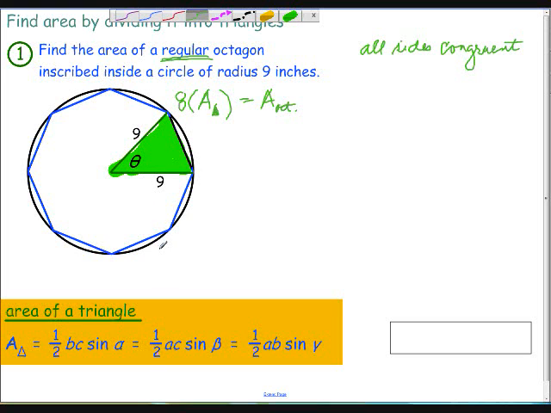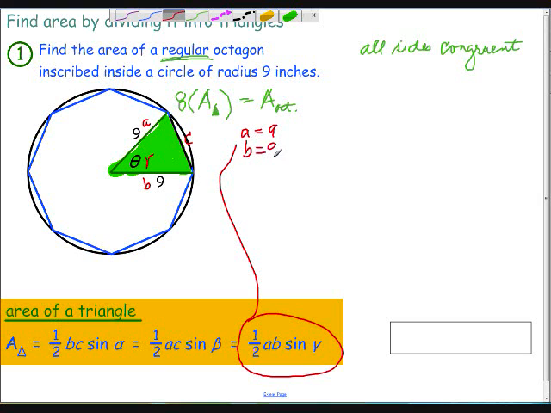What have we got? Well, if we called this A, and we called this B, and we called this C, this theta would be gamma in our formula here, and we'd use this for our triangle. Well, we do know what A is. A is equal to 9. B is equal to 9. And gamma is equal to,